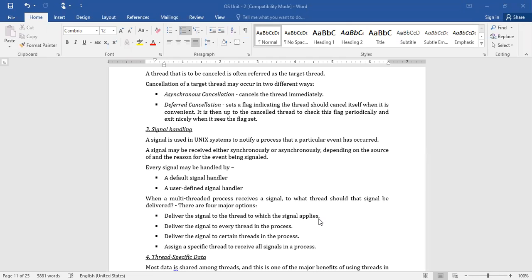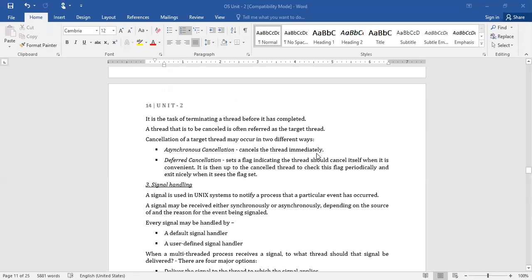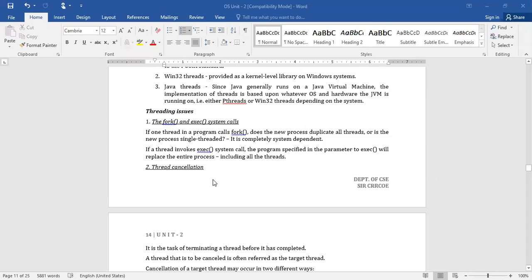These are the four options that can handle signals in the multi-threaded environment. In such a way, signals can be handled in threads. These are some of the issues which we must consider when we design a new operating system using threads.